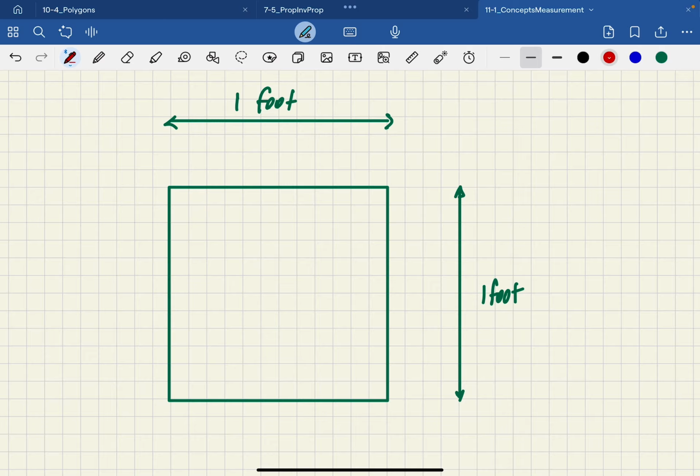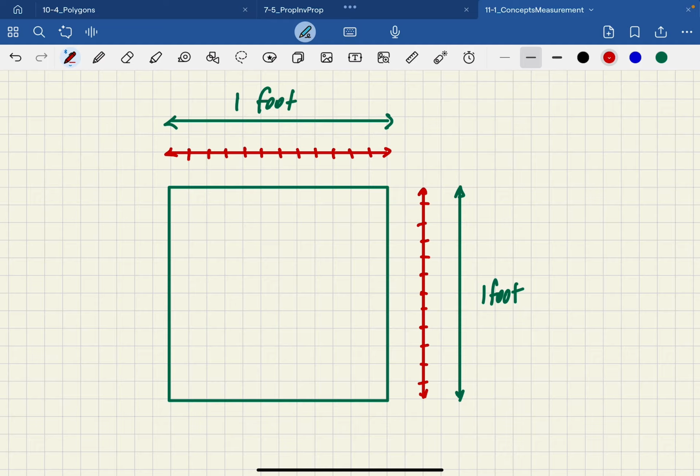But we know that a foot is 12 inches, right? So another way of thinking of this is 12 little inches: 1, 2, 3, 4, 5, 6, 7, 8, 9, 10, 11, 12 inches. So these are inches. And of course, that's the same thing going on here: 1, 2, 3, 4, 5, 6, 7, 8, 9, 10, 11, 12 inches. So these are inches. So if we were to look at a square inch, what we would be